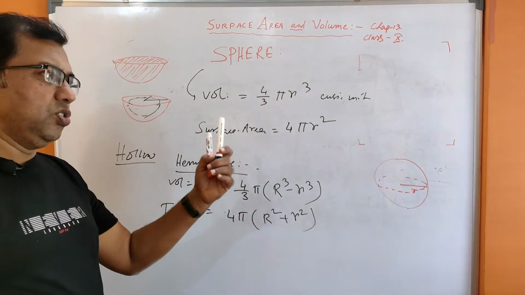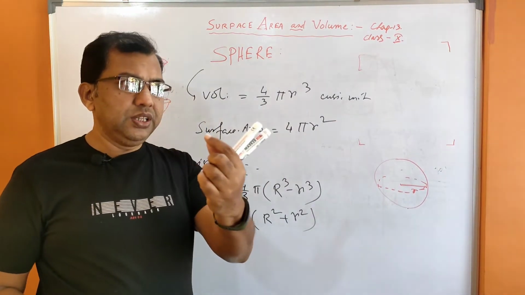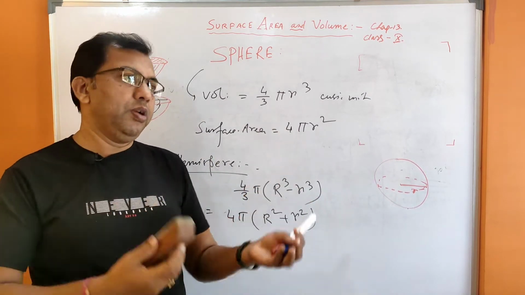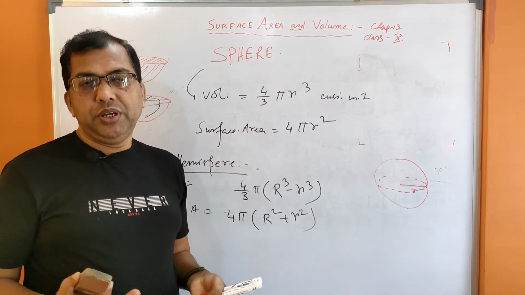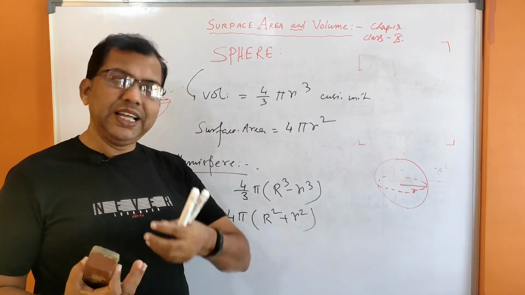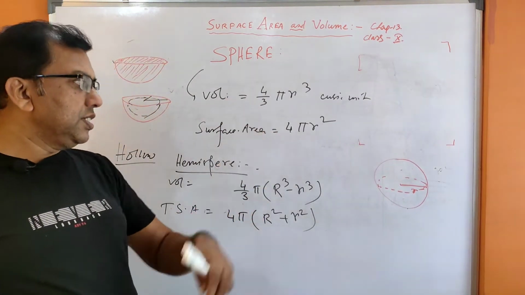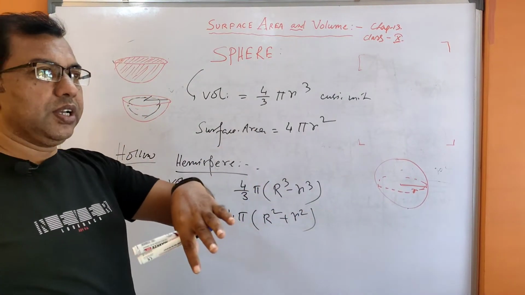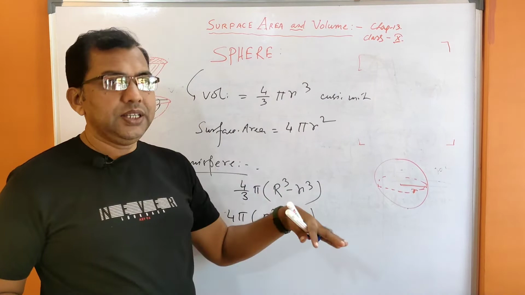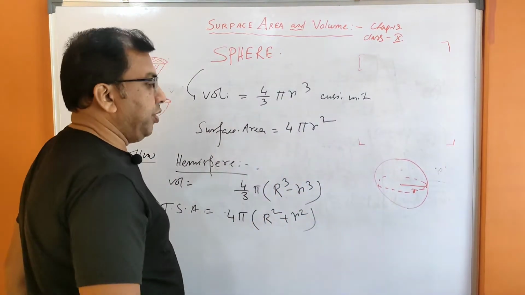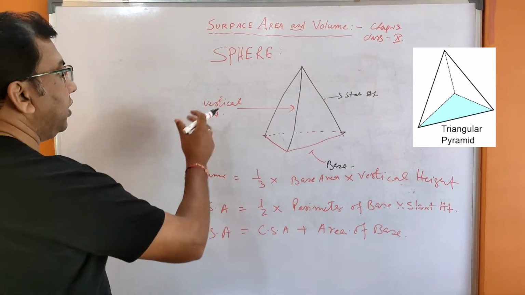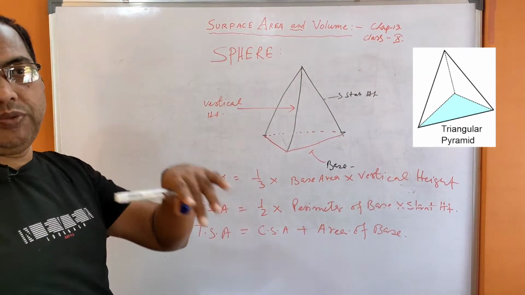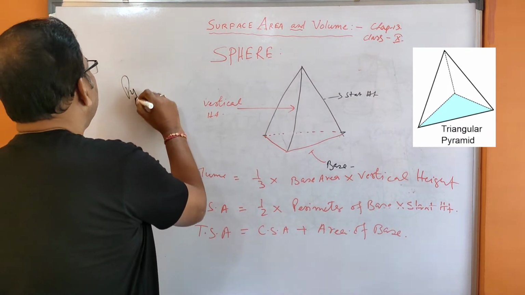So next, this is the last. I am also giving one more important thing, that in case of pyramid. Pyramid, the base can be a triangular pyramid, rectangular pyramid, square pyramid. So many pyramids are there. I have discussed in class 8 and 9 also. So what is the area and volume of the pyramid? I am writing out here. If any sums come in case of competitive exam, you can apply the formula. So write the pyramid. Okay.